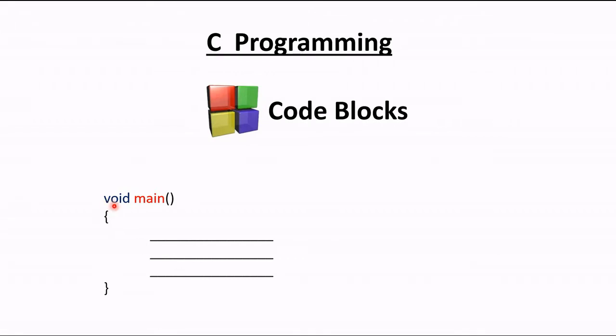So why is void written or why is main written? All the C programs start executing from this main portion. That means if I write something before this main, or after this main, that statement will not be executed. The only statements that will be executed are those inside the brackets of this void main. So for that reason, to tell the compiler that there is the main and you will execute inside the main portion, we have to write void main.